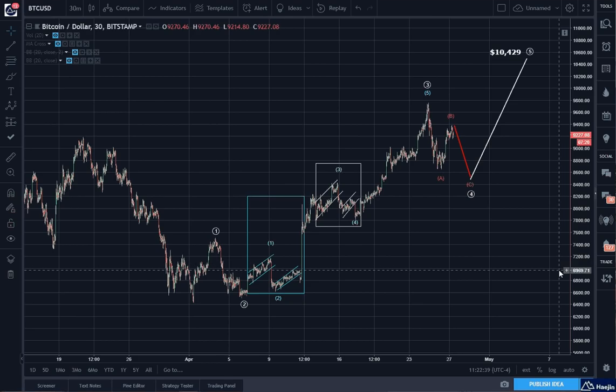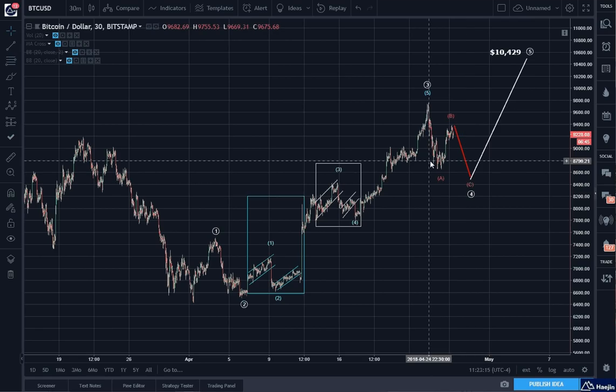Okay, I want to go from the short term to maybe not a long term, but a bigger time frame perspective. So here I have the alternate count of ABC, which still fits into the scenario of that head and shoulder fractal that I had written about last night. So I think this is going to be an ABC.